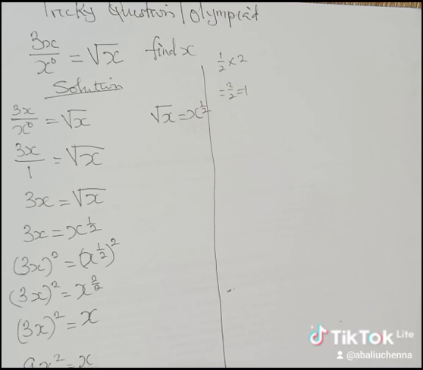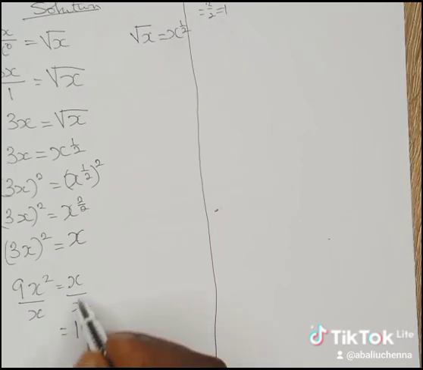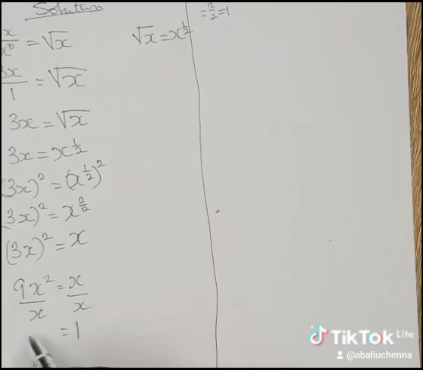Let's divide both sides by x and see. So we can eliminate this. Divide this by x, divide this by x. All right, x divided by x is going to be equal to 1. Bring down my 9. 9 is not a factor of x, so I'm going to bring down my 9